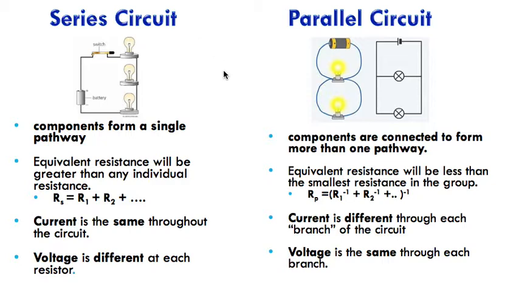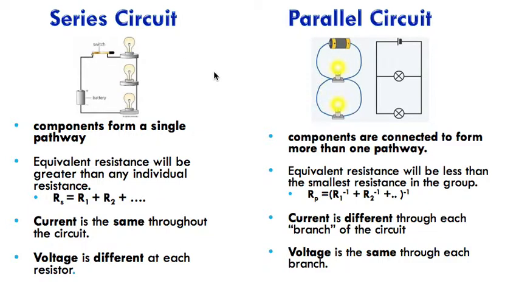Now let's get into series and parallel circuits. You probably learned a little bit about these in middle school science, hopefully. A series circuit is when your components form one single pathway. If we start at our battery and go around, it's all just one loop, right? Versus a parallel circuit, where your components are connected to form more than one pathway. We can start at our battery and go through this light, or we can start at our battery and bypass the first light and go through the second light, right? If you think of Christmas lights,